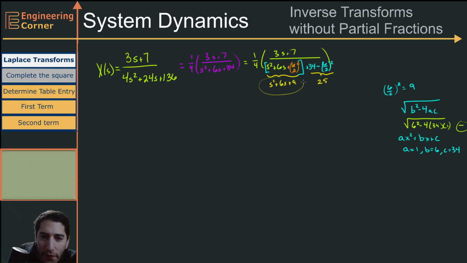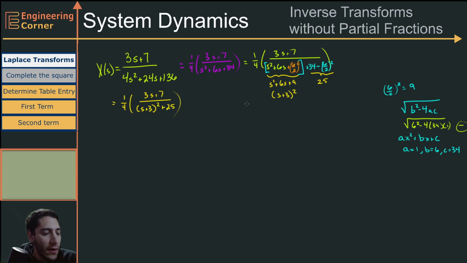And I can further break this down. I can say this is s plus 3 squared. So now I've completed the square, and let me rewrite this just a little bit nicer. So this is going to be equal to 1/4 times 3s plus 7 divided by s plus 3 squared plus